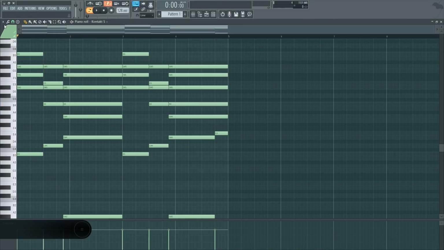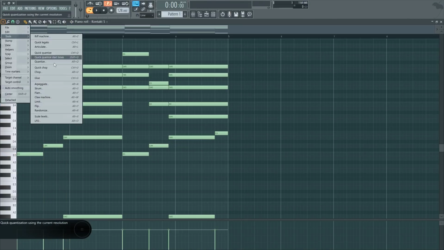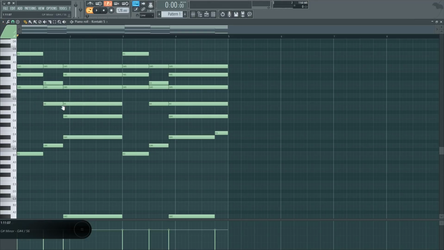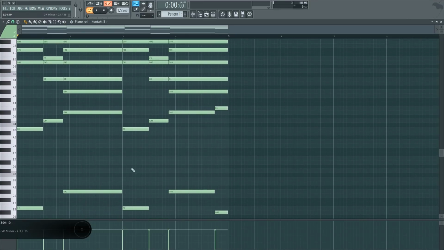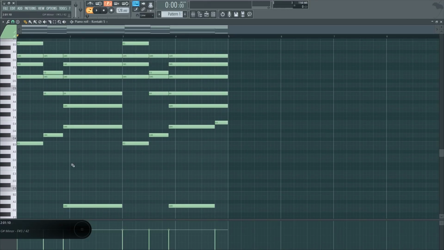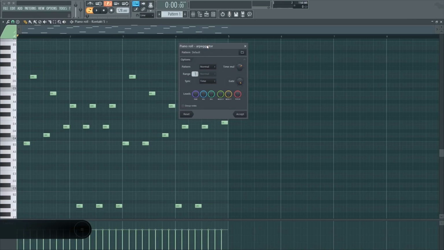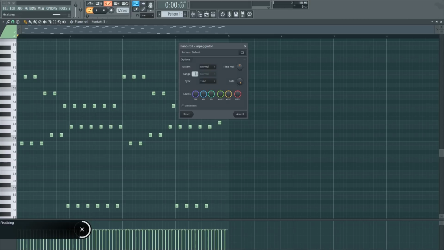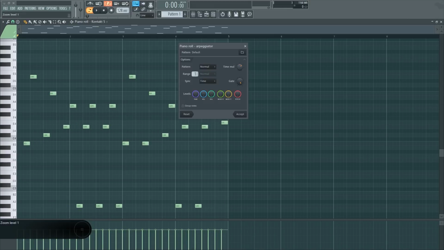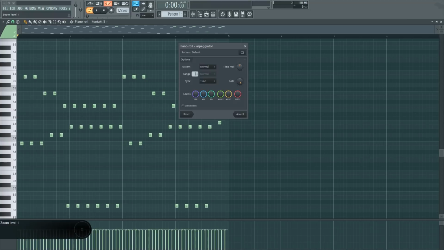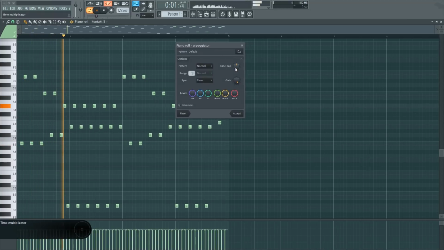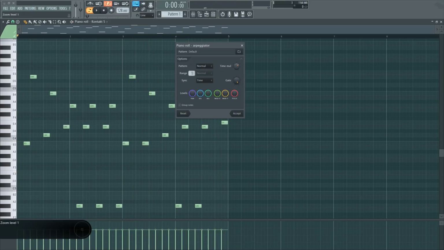FL Studio has a really quick way of doing it. If you open this one, right here it has all the shortcut options. So for example, I want to turn this chord progression into an ARP. How do I do that? You press Control A and it automatically turns it into an ARP. However, if you want to make it faster or slower, this is 1/8, this is 1/4, and so on. If you want to make it slower,